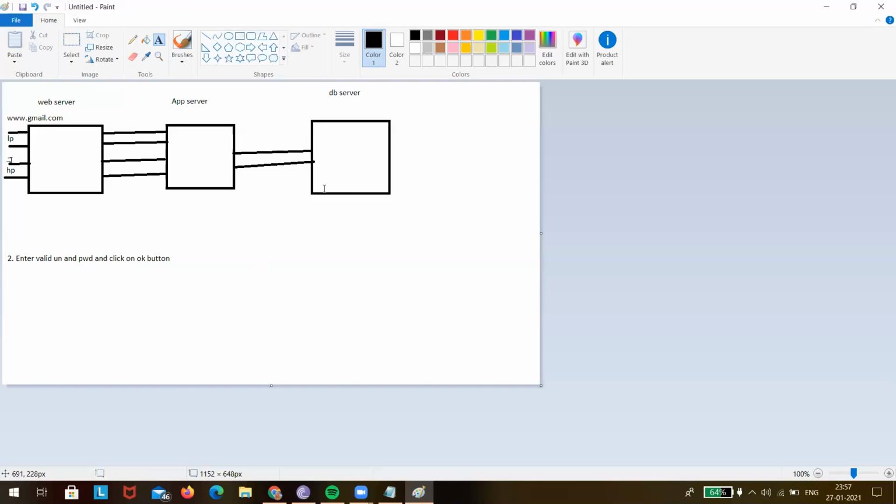So automatically the request we are giving when we click on login goes to the database server, and we are giving a username and password. Then we're getting the home page. Why did it not go for www.gmail.com? Because this is not unique for a user.